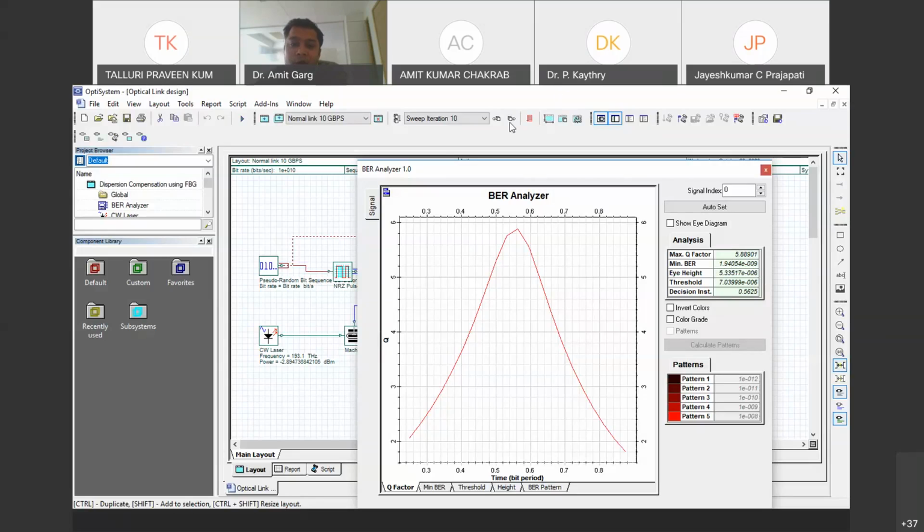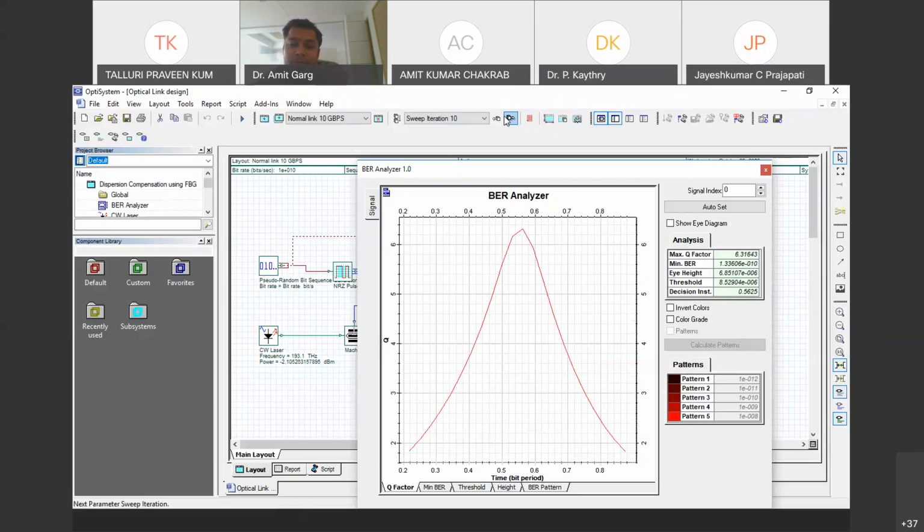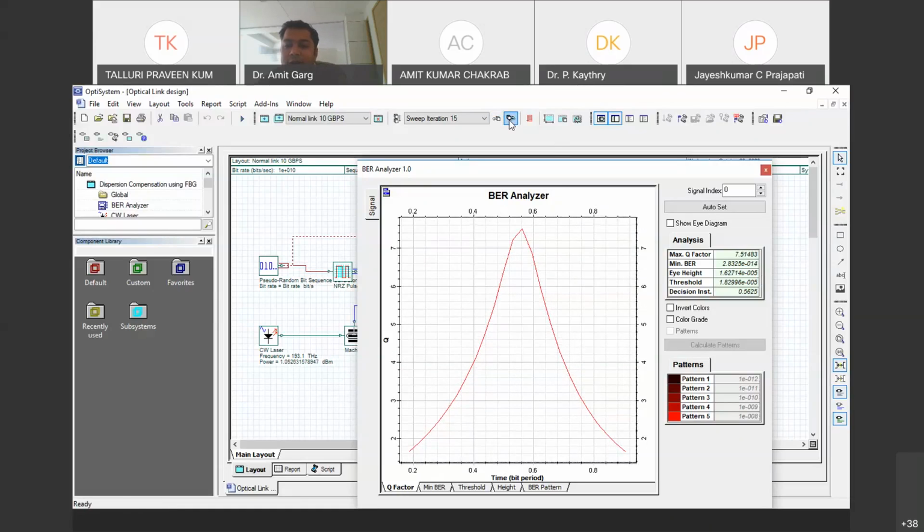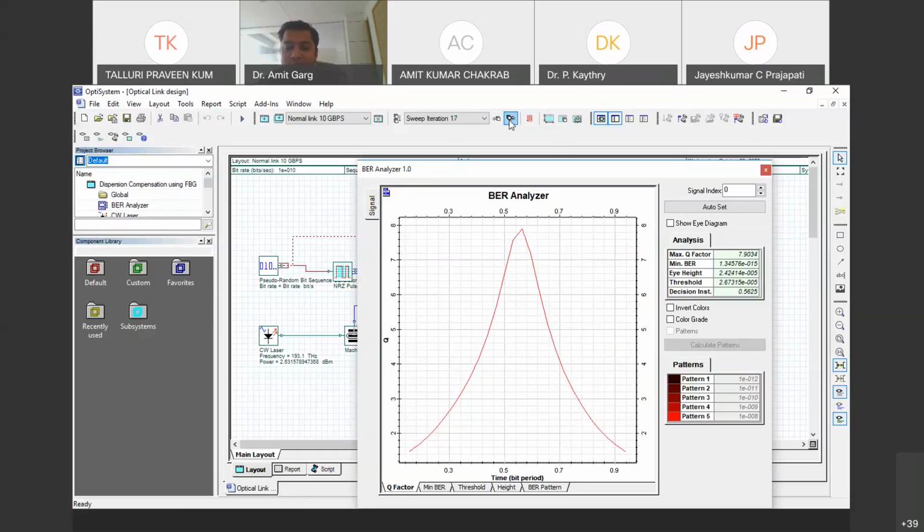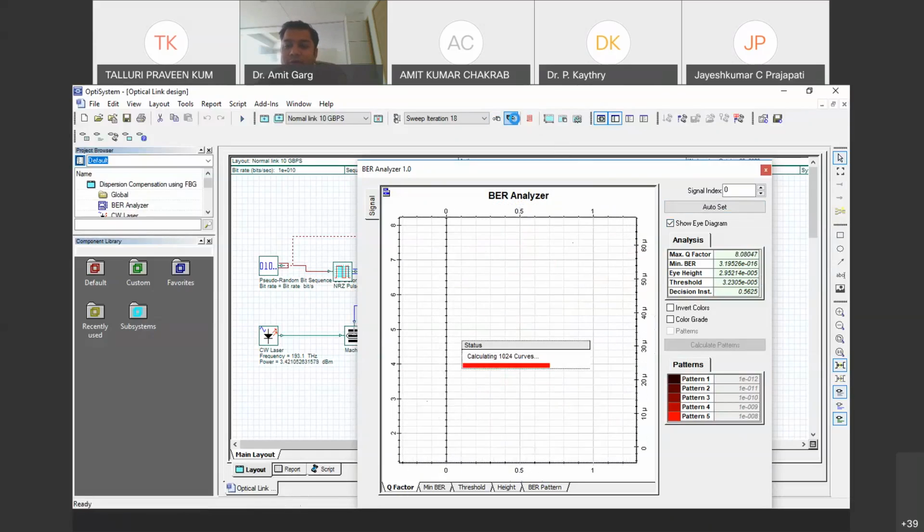So if I increase this input power further, what is happening? The Q factor is 6.31, and the minimum BER now is 1.33 × 10^-9. It means if 10^10 bits are transmitted, we are getting 2 bits, or more than 1 bit, in error. So that is acceptable. If we are increasing this, then we are getting an improvement in the received signal. Okay, but